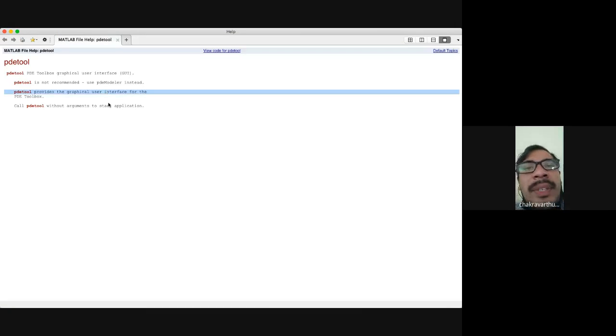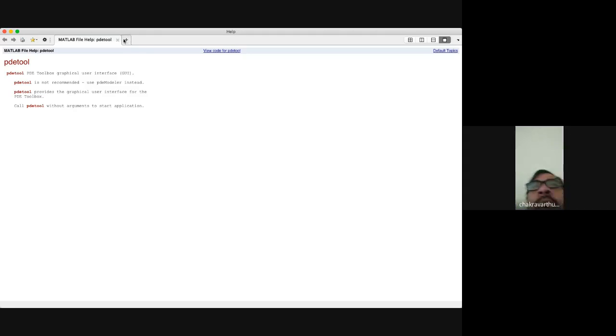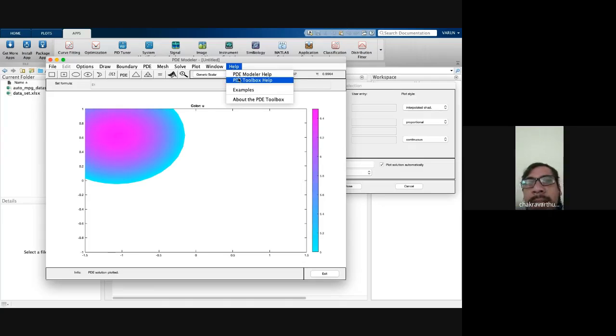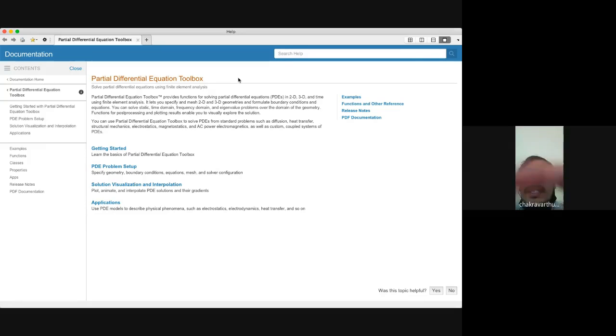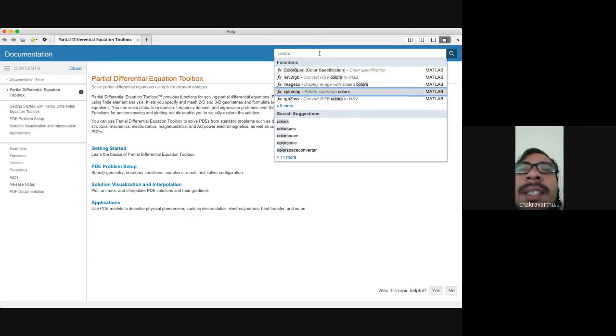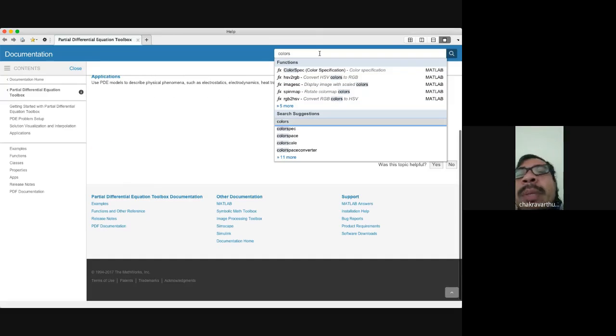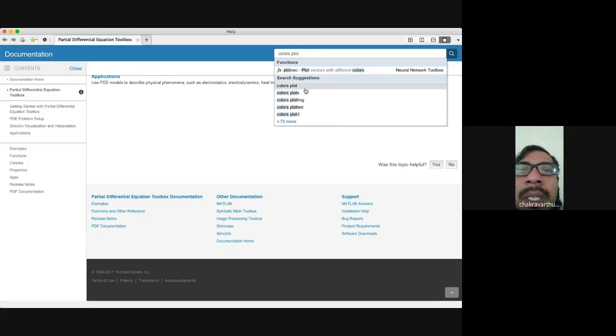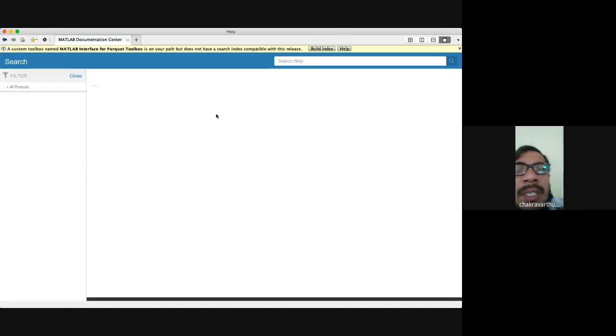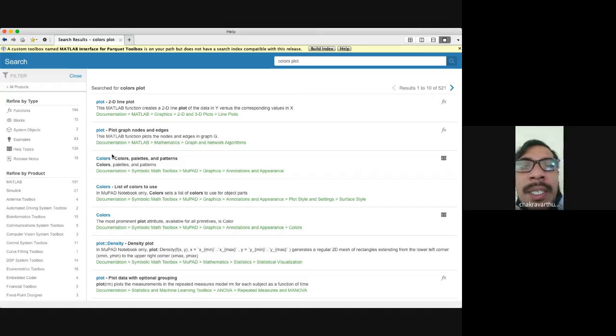This is the way we have to gain knowledge. I hope you already know about the help command, right? Suppose as a layman you don't know anything, whatever you have in mind, just click on the search button. Suppose you don't know how to get different colors in MATLAB. Just type colors. Automatically, it will display the sources available related to colors. Then you see what the different colors plots are.